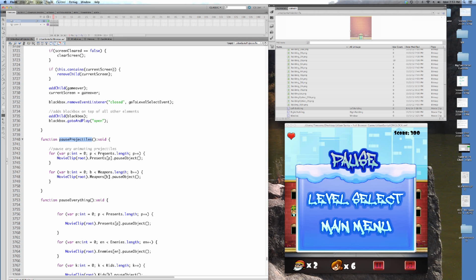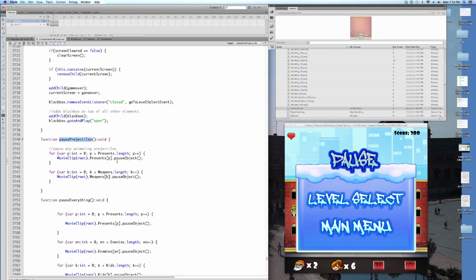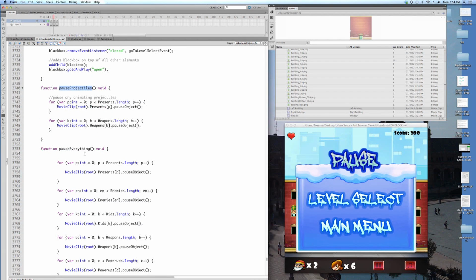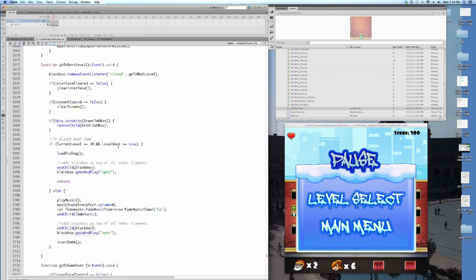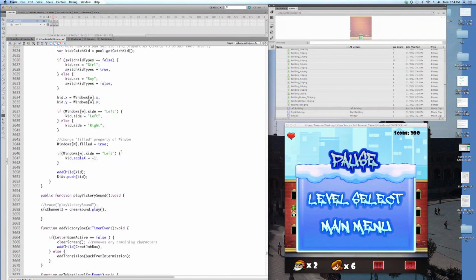You loop through the presents and you loop through the weapons and you call a function on those objects themselves, on their classes, that pauses them. I'm going to go into detail on this stuff in another tutorial, maybe the next one. But it's just important to understand how it all fits together. This pauses the projectiles, and this pauses everything. So let me find the name of the function